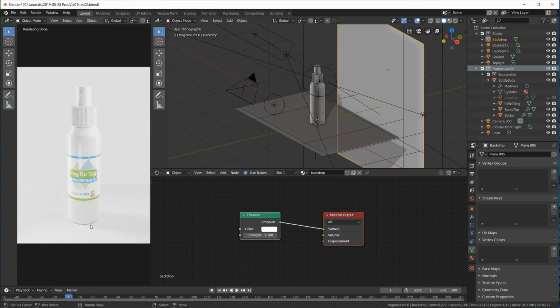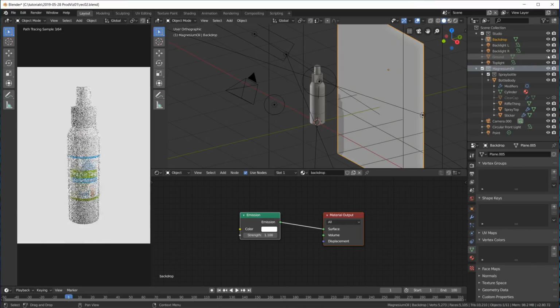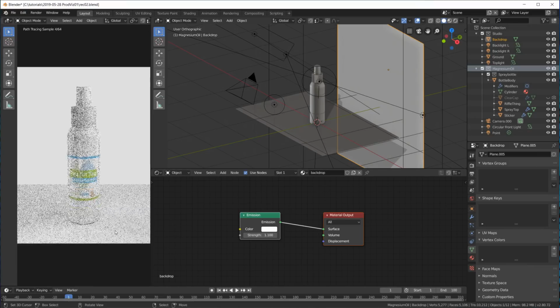We do want some shadow here, we do want maybe some reflections in the ground plane. Without the ground plane it just looks weird, this floating in space kind of spray bottle. Okay, so I do want a ground plane,